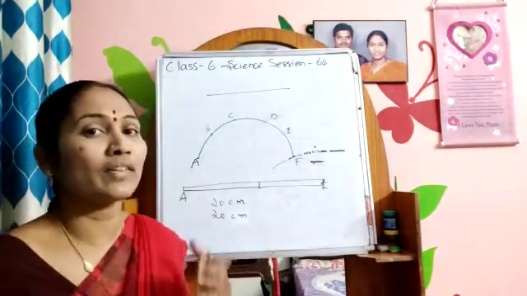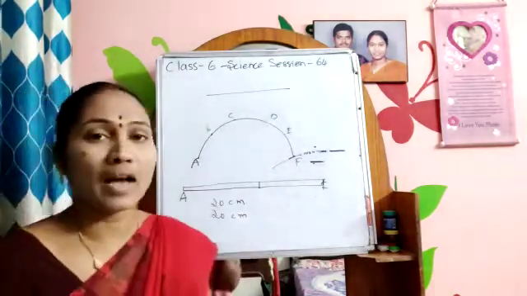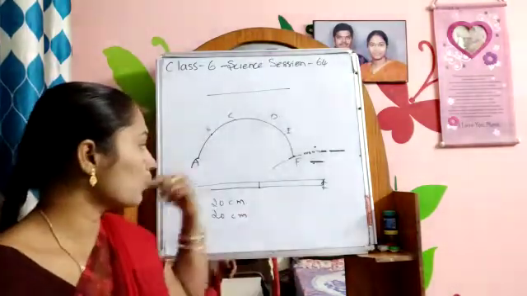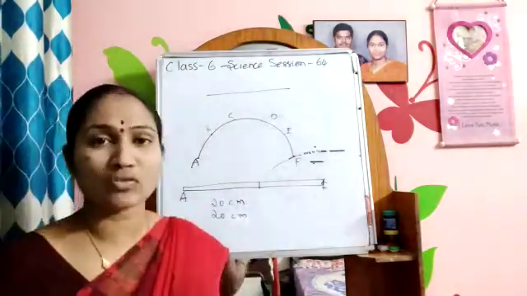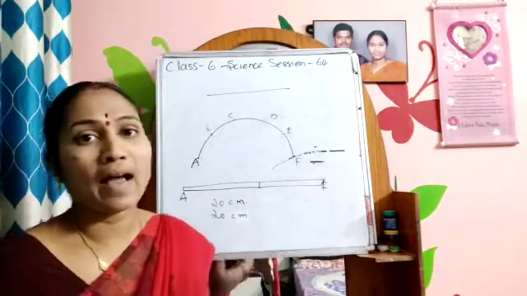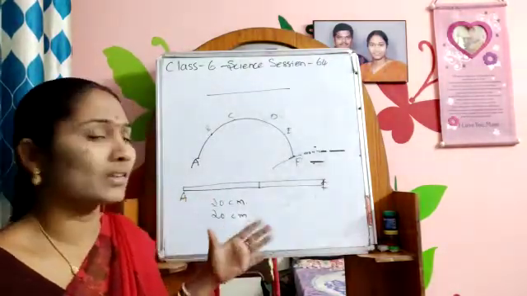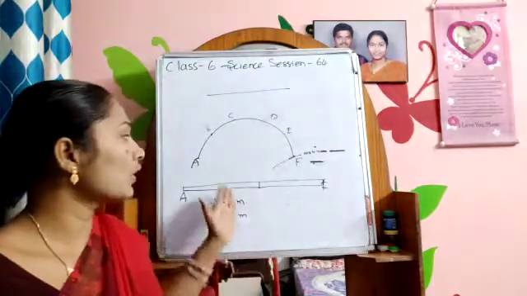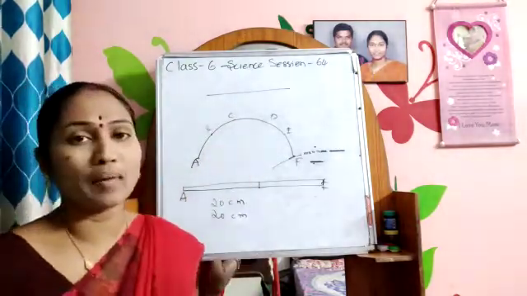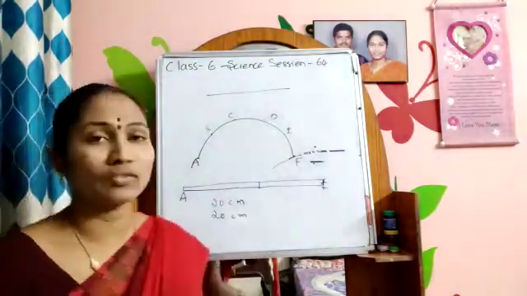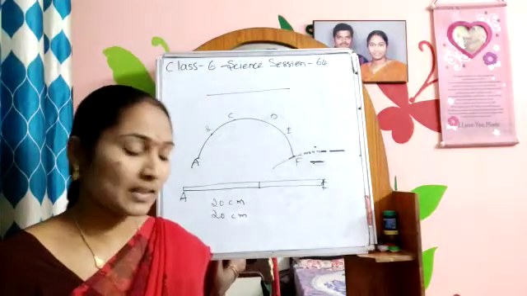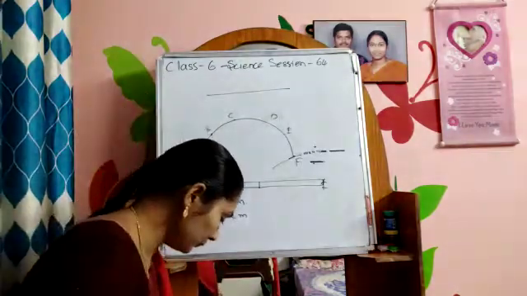Now what do we have to do? We have to take a thread and keep it as it is. Then remove the alpines and keep the thread in a straight way. Take the scale and measure it. Now after measuring, you can conclude that the measurement of the handle of the bucket is equal to the measurement of the thread. I think it is clear for you.